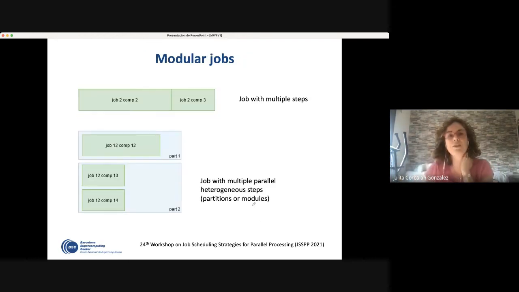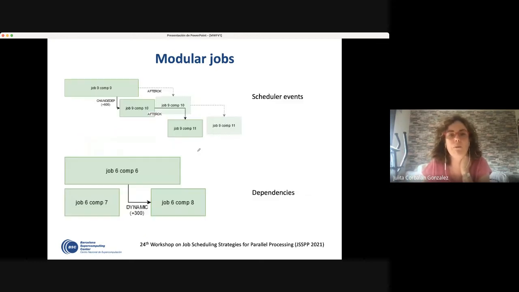This is the classical execution. You can see it as a single job, and that will be okay. For instance, that will correspond with sbatch in the case of Slurm with 2 srun inside, one executed after the other. So for this use case, there is no need to change anything. But if you have something like this, having everything together as a single job, when one part is executed in one partition or module and another one in another partition, it's good for the scheduler to be able to know these details and not see it as a black box.